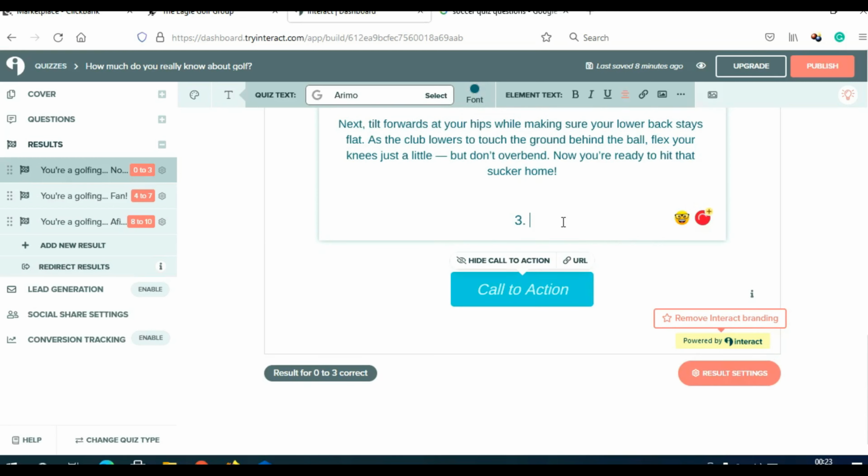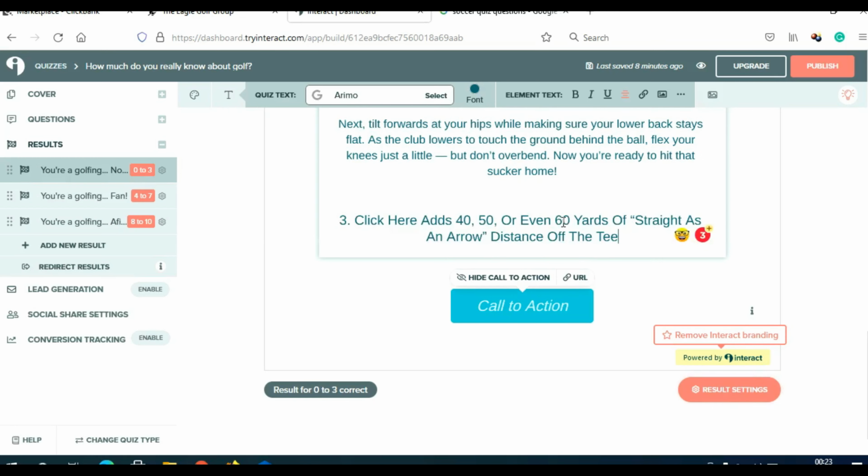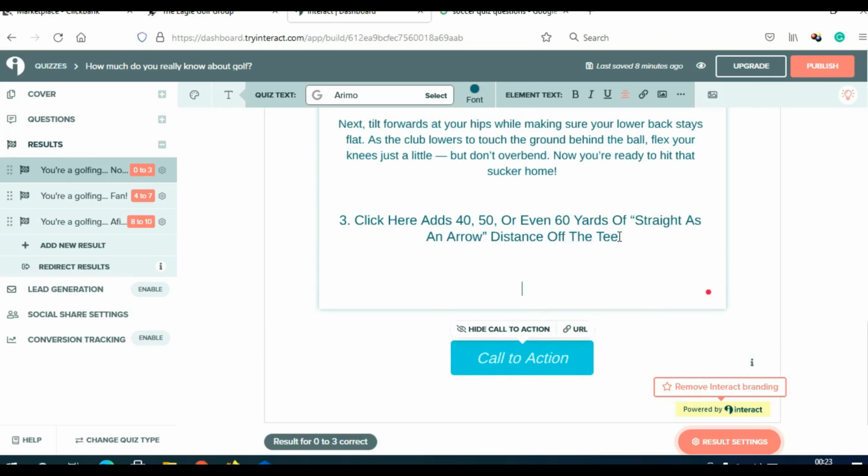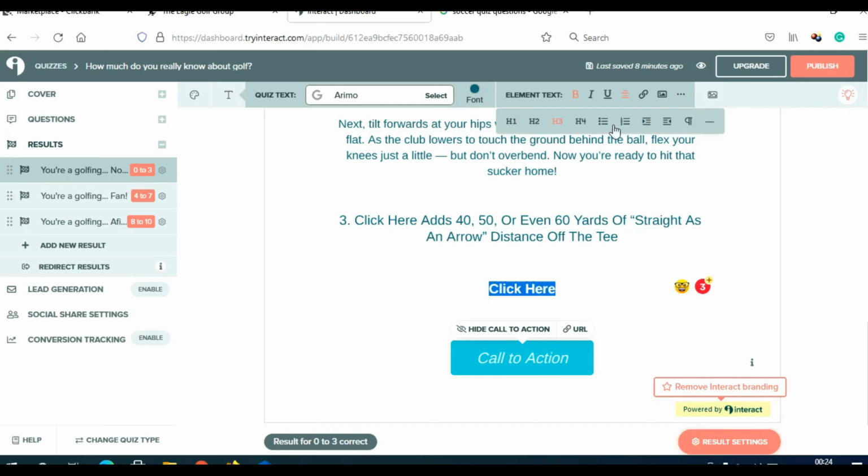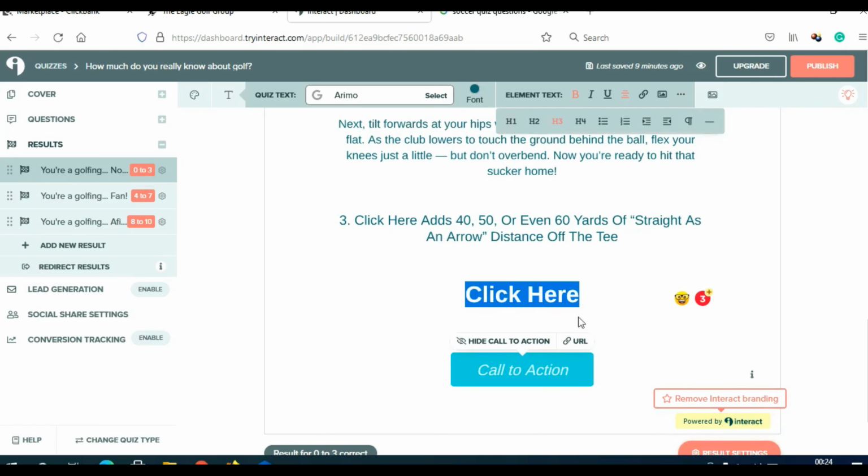And here for the number 3, I can say something like this. Click here to add 40, 50 or even 60 yards of straight as the arrow distance of the tee. And I can just click enter and I can say click here. And I can actually highlight this and I can make it bold. And I can also click here and I can choose H1 to make this bigger,